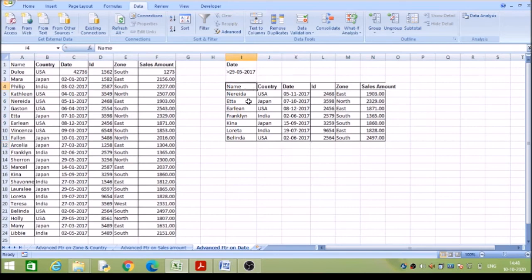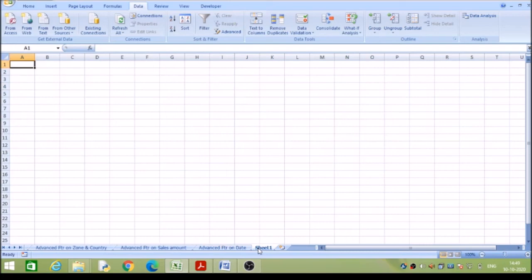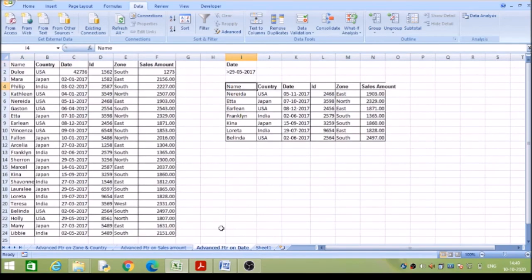We can paste these records in another worksheet also, or another spreadsheet. Suppose I want to paste it in another sheet, say sheet 1.